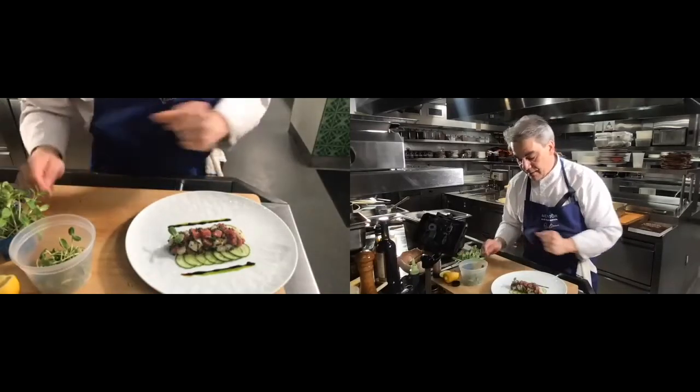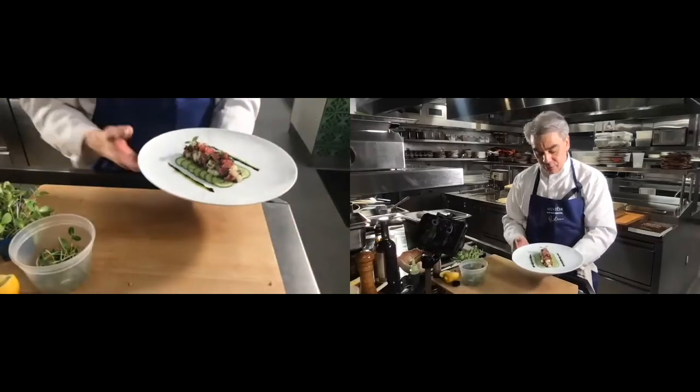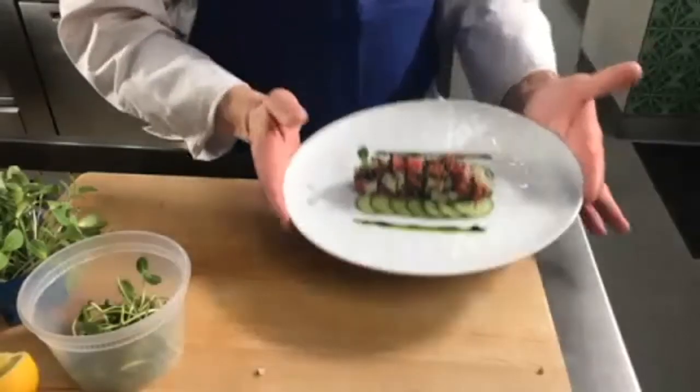Great. So that's the tartare here now. Oh my gosh. Beautiful. Ivar scallops and tuna seasoned with caviar, cucumbers, chive oil,